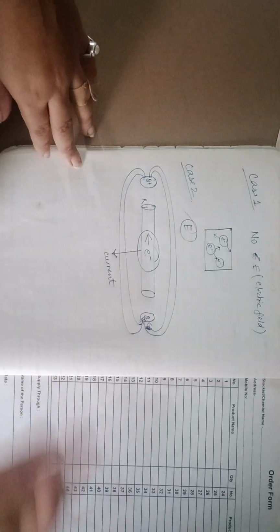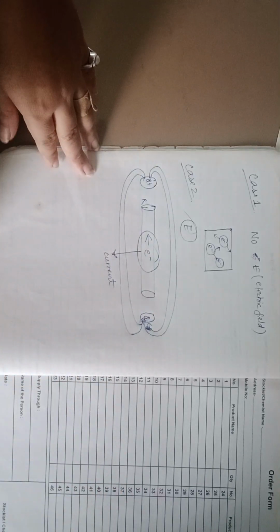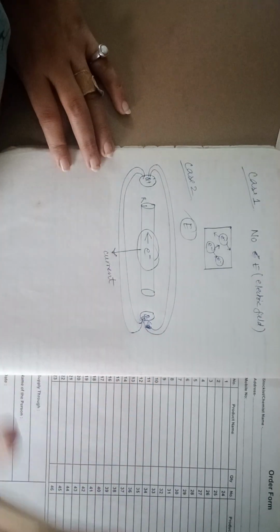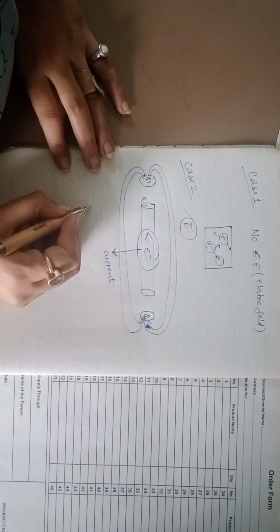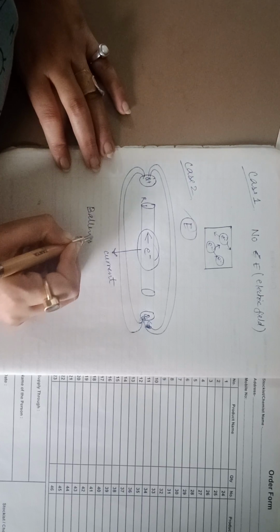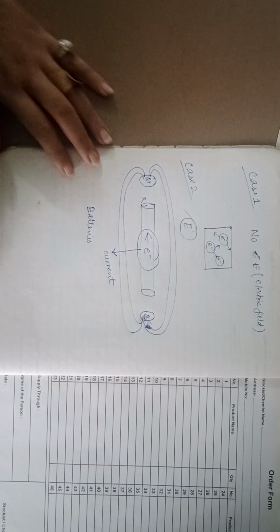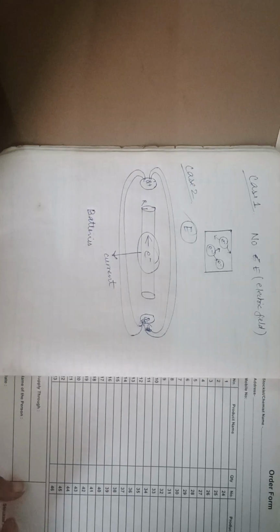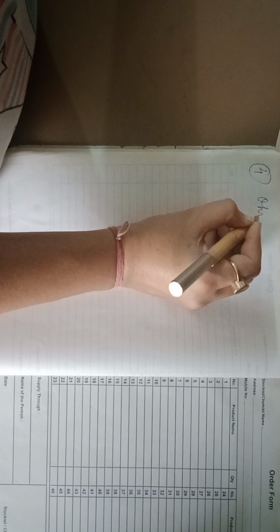But every time you cannot externally apply it. So we have to continuously supply the charges. That will constitute electric current, like in the case of batteries. Batteries will produce electric current whenever they are attached to any material. Clear? So let's move towards the next topic, that is Ohm's law. Very, very important topic.